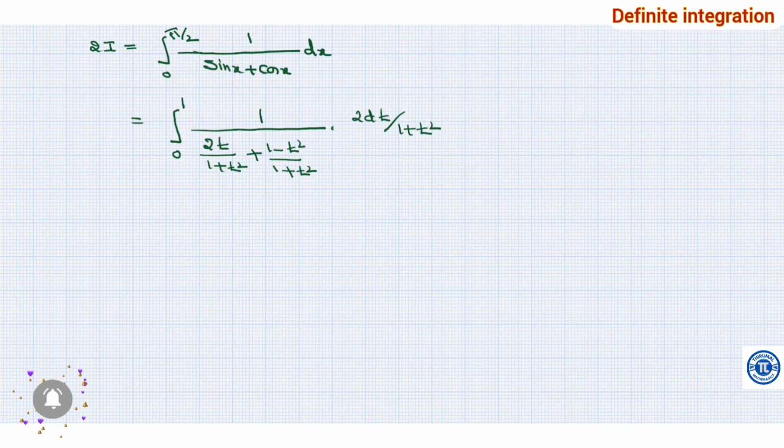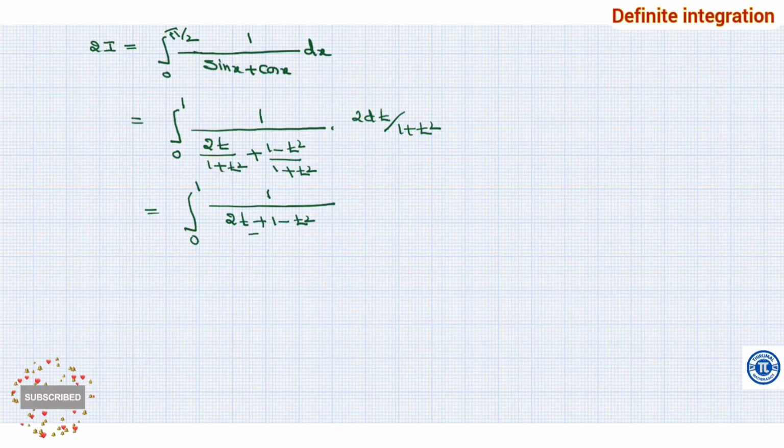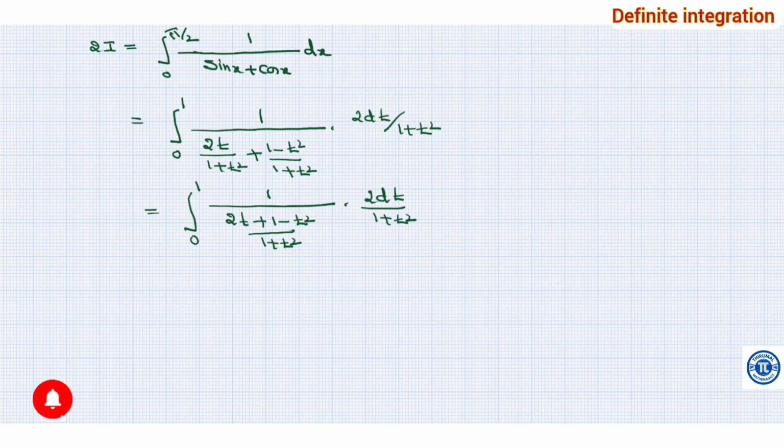Here 1 plus t square is the LCM. So integration 0 to 1 of 1 by [(2t plus 1 minus t square) by (1 plus t square)] into 2 dt by (1 plus t square). Here 1 plus t square cancels, then we get integration 0 to 1 of 2 dt by